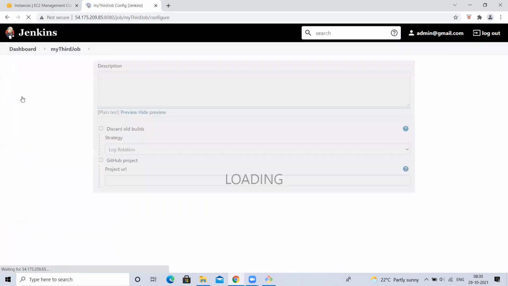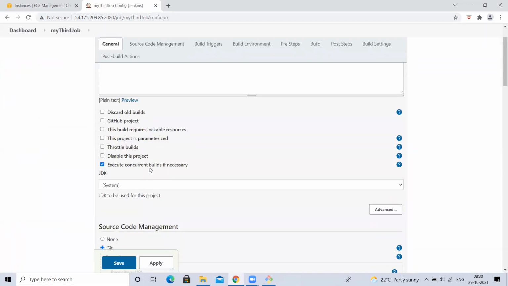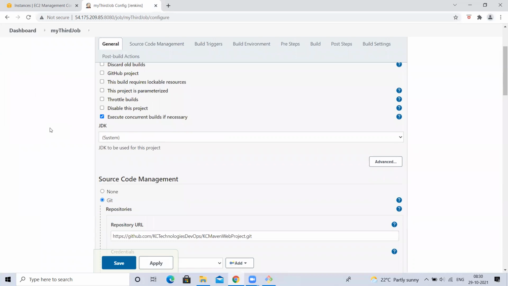So now, if you want to execute parallelly, and build triggers happen in parallel, but you don't want to execute the second build when the first one is running, then you don't select this. I want to allow jobs parallel execution. If a job is running, taking the code from Git, running Maven, deploying, and at the same time someone clicks build now, I want to execute a second time as well.